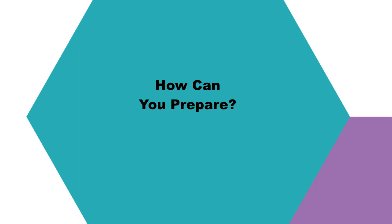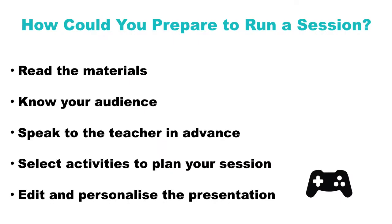So how can you prepare? Well, to prepare running the session, read through all the materials that have been provided here. Find out who you're presenting to. So how old is the audience? Speak to the teacher in advance so you have an idea of what the class is going to be like. That may not always be possible. You may not be able to get hold of a teacher because they're generally in lessons all day. But if you can find out a little bit about the group that you're presenting to and select activities that are relevant to their age group and relevant to their ability, and edit and personalise the